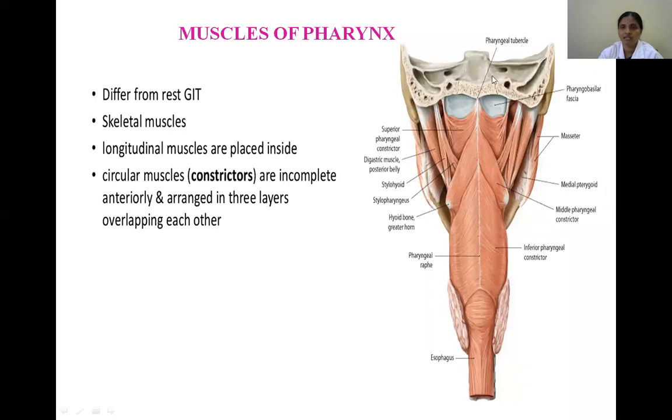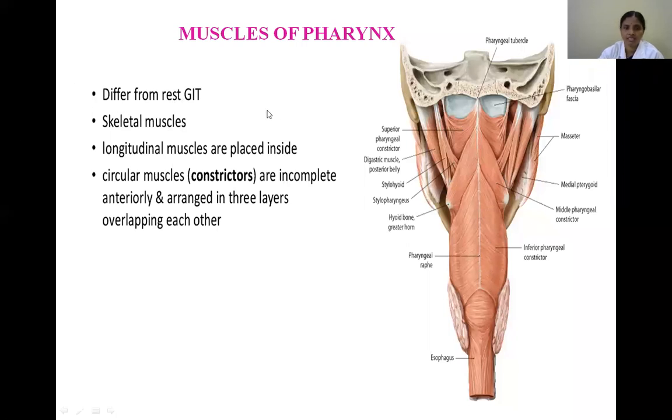So this is the pharyngeal tubercle, which is present on the basilar part of the occipital bone. So you must identify it on the bone. So what is the pharyngeal tubercle? It is present on the undersurface of the basilar part of the occipital bone. So this is the midline structure, and if you trace this median fibrous raphe, it extends up to the esophagus, means beyond this cricoid cartilage there is no extension of this pharyngeal constrictor. Even it is not extending onto the lowest part of the inferior constrictor. I will discuss later what that is. So this is a fibrous raphe.